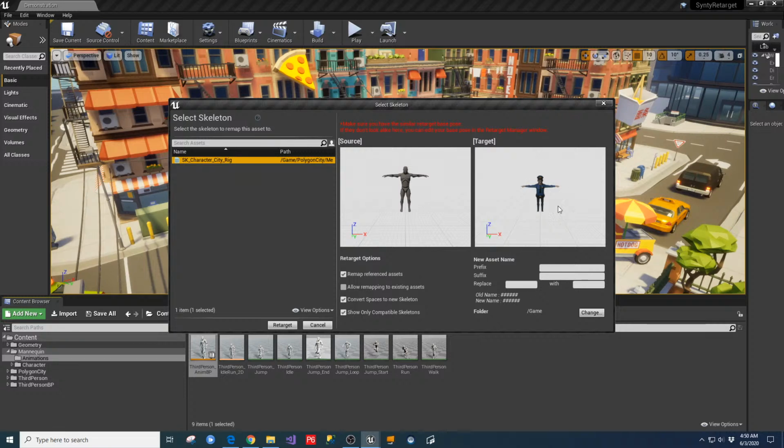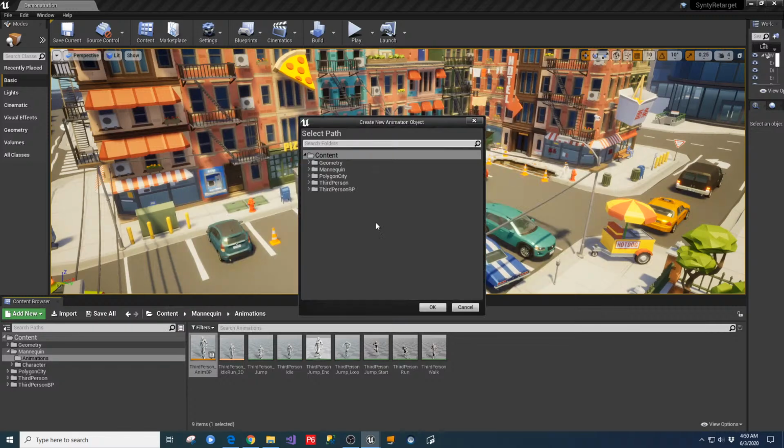Now, if you don't see this character here, it means you didn't save the preview earlier. So make sure that that's good. If it's not, you can go back and change it. I'm going to go change my destination. We're going to go to Polygon City, Meshes, and under Characters, we're going to pick the RT Anims folder, hit